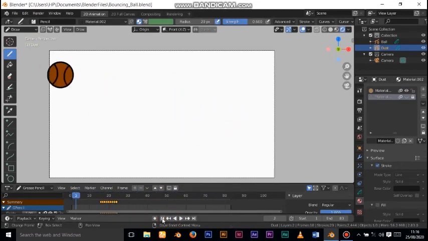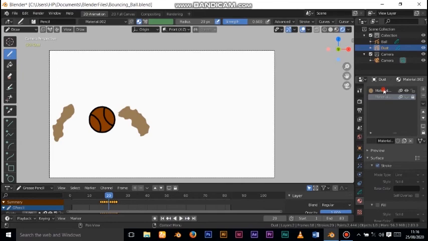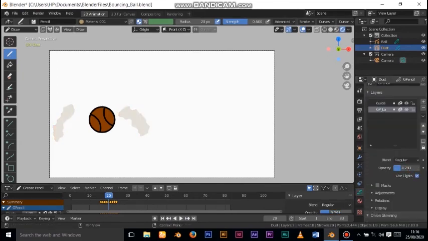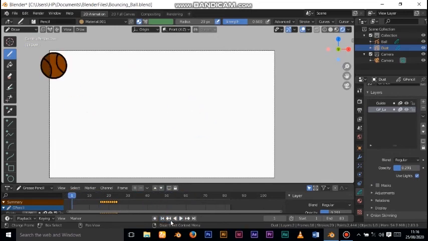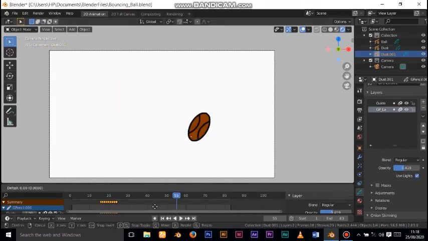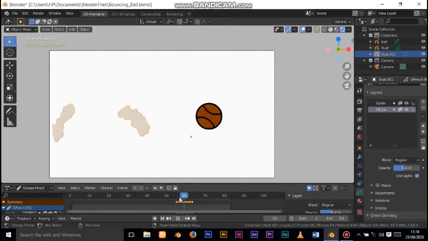To insert a keyframe where there is no dust, you just have to go to that frame and first draw something, and then you can delete it, so the keyframe will be inserted and nothing will show. For the second time the ball bounces, instead of having to draw from scratch again, I'm just going to cheat this. I'll duplicate this particular one in object mode. I'll just press Shift D to do that, and then